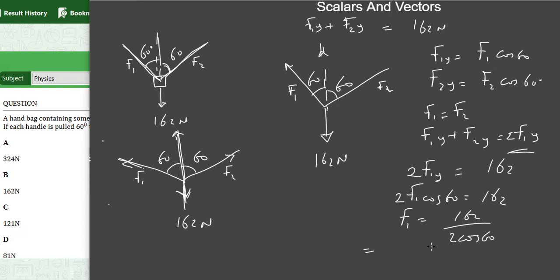So this will give 162 divided by 2 times 0.5. And that makes this to be 162 Newton. So the force F1, which is equal to F2, will be 162 Newton. They will have to be holding on with a force of 162 Newton, which makes option B the